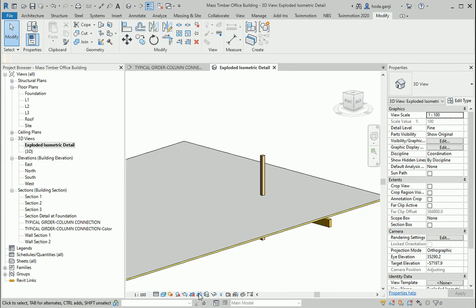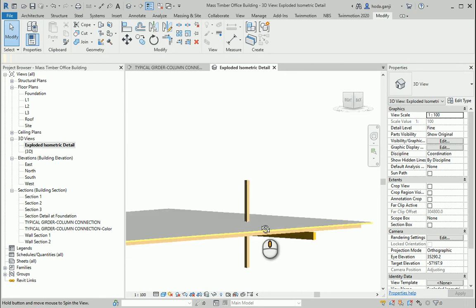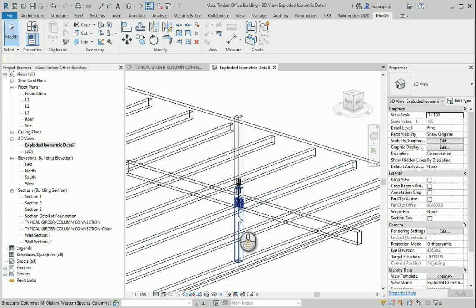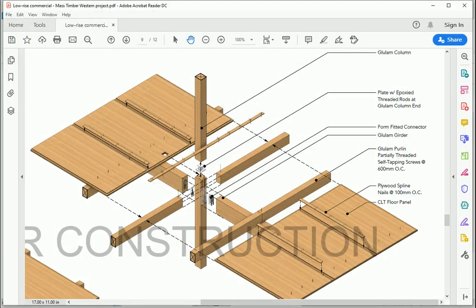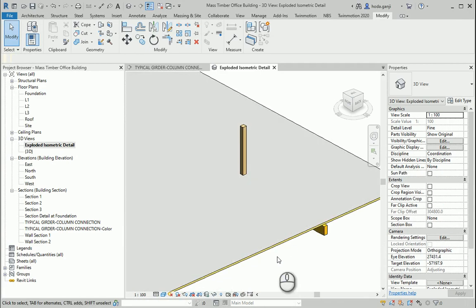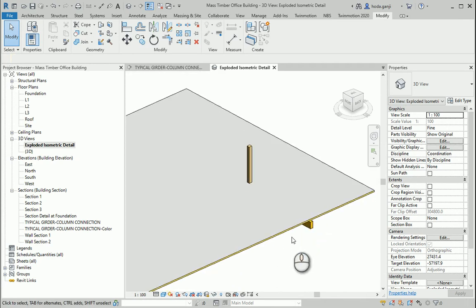Okay, now I want to do two things. First, I want to lock the view when I think the rotation is fine, which seems okay. Seems about right. I'm gonna put this on shaded. I wanna lock the 3D view, so the save orientation and lock view. Okay, so I cannot rotate anymore.